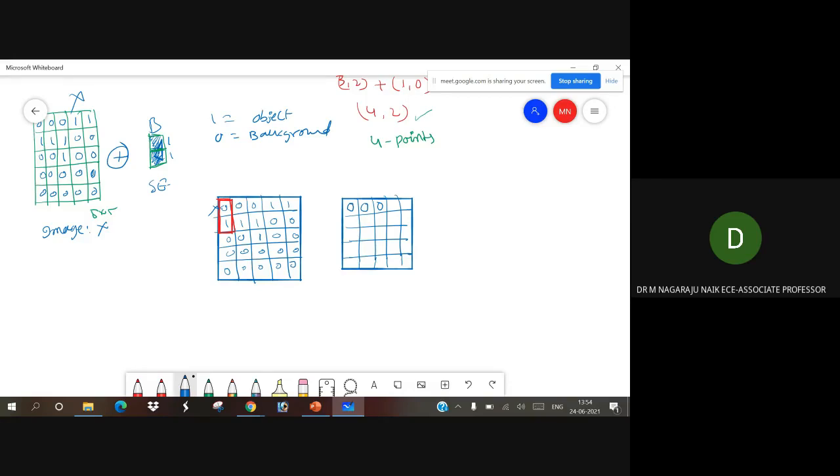Now when we are placing this value, your structural element is placed here. Now with respect to the origin, 1 and here also the origin 1, the pixel value is also matching, 1, 1. Then the other one is 0. Now this pixel value, should I consider it or not?